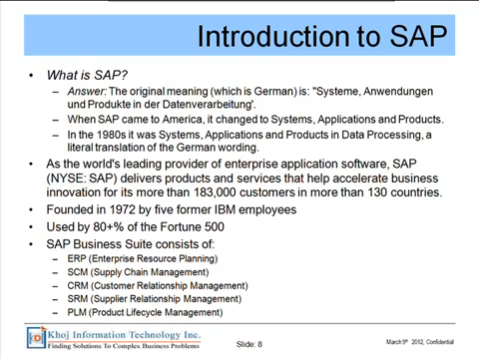Everything, right? Not just finance. All enterprise resources. Finance happens to be one of them. Sales and distribution would be another enterprise resource. Material management, production planning, human resource, controlling, supply chain, customer relationship, product life cycle, all of these are enterprise resources, and they all have to be managed because they're interrelated.